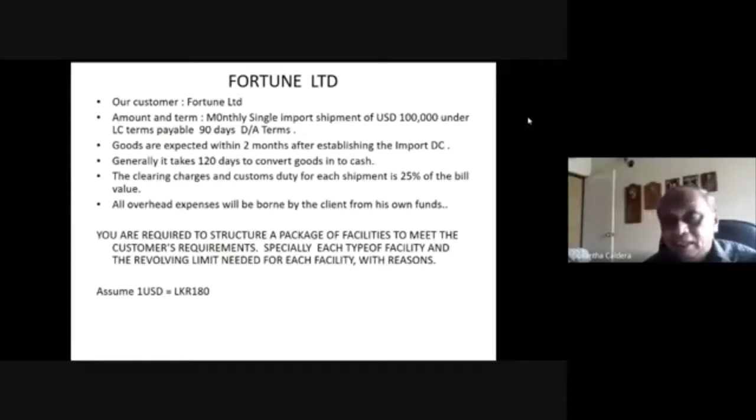Right? Now my problem is, even though we are getting the money after 4 months, we'll have to do the settlement by 3 months. Then, where do you have the money? You don't have the money. Then what are we going to do? If you don't have money, then what are we going to do? We have to do the payment